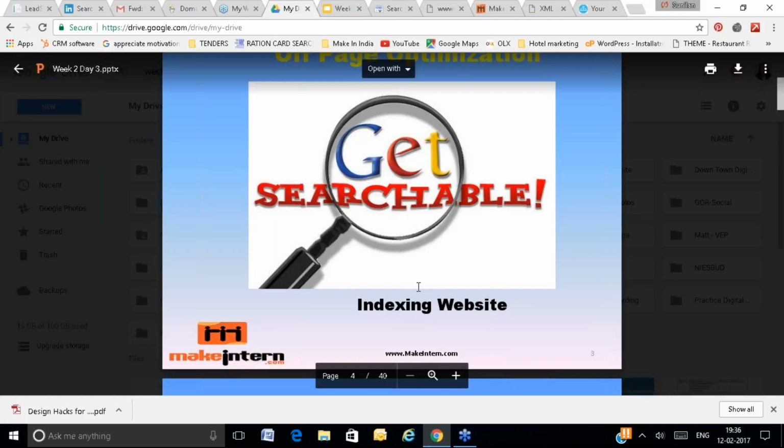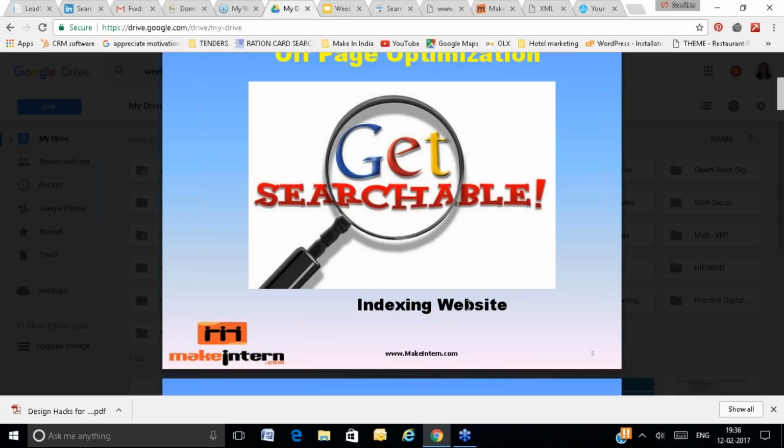And when I'm saying indexing website, I'm talking in terms of off page. If you are trying to get backlinks from other websites, and that website is not present in the Google database, then there is no use of taking backlinks from that website. So you will always try to get backlinks from websites which are already present in the Google database. If a website is not indexed in the Google database, don't take a link from that page.